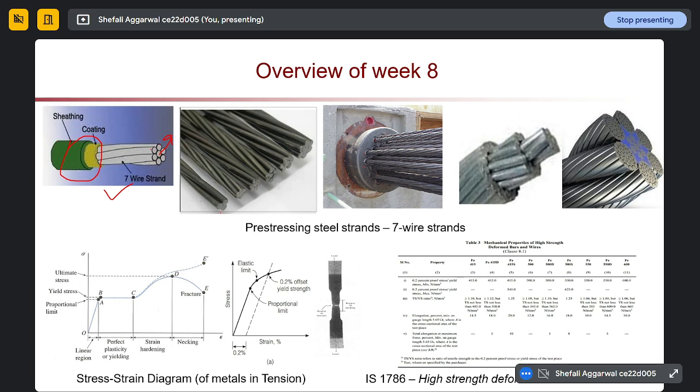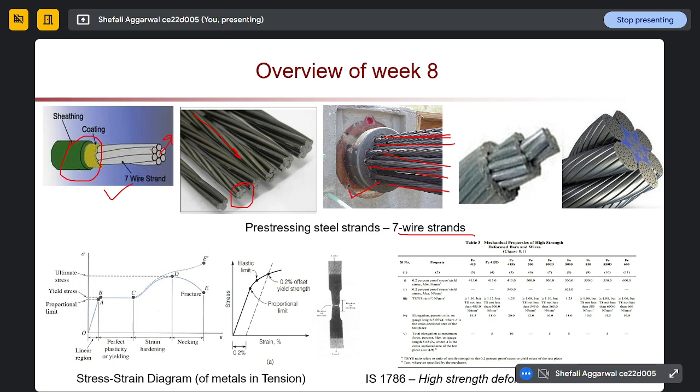So this is how a typical strand looks like. This is a 7 wire strand, and this is an anchorage. In bridges, we are not using a single wire. Instead, we are using a full anchorage. In that, you will have different small holes from which different pre-stressing wires come up. So in general, when we are using these in our bridges, we are using 7 wire strand rebars,